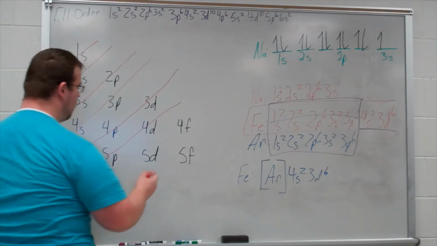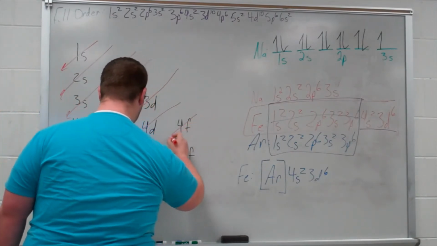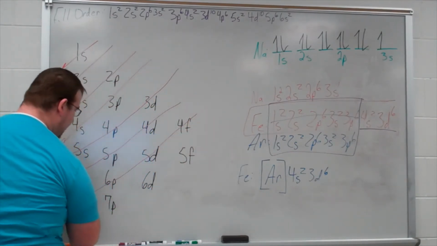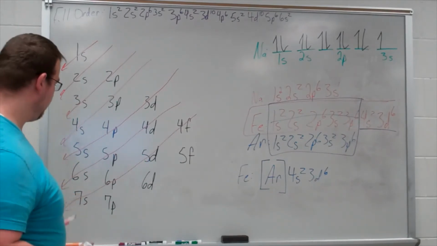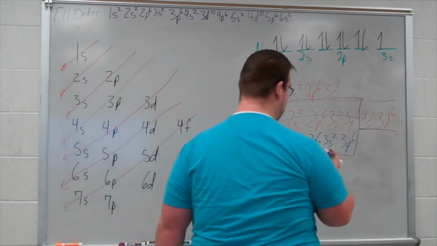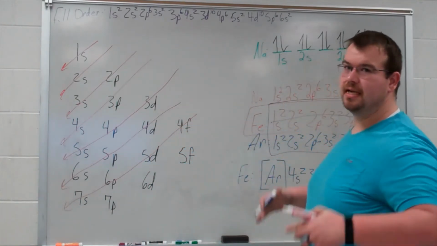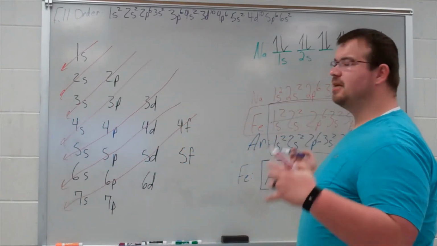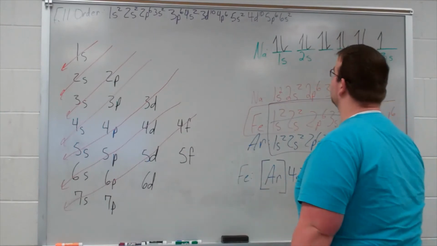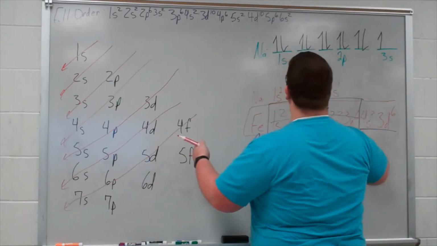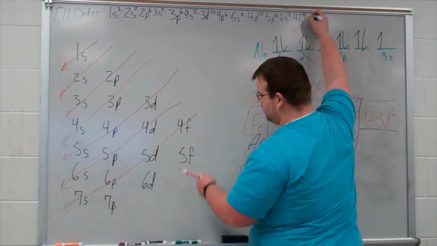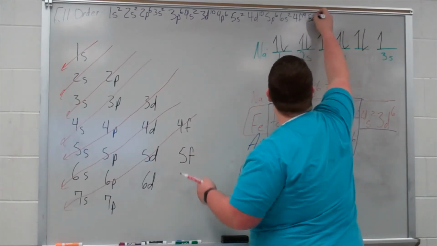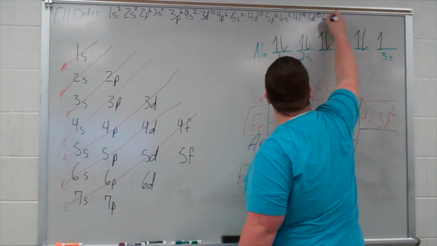Then we're going to go 4f, 5d, 6p, 7s. I think you're starting to see why this is not my favorite method. I don't enjoy this, but if it works for you, use it. But if it doesn't, don't try it. Choose the one that works for you. So 4f14, 5d10, 6p